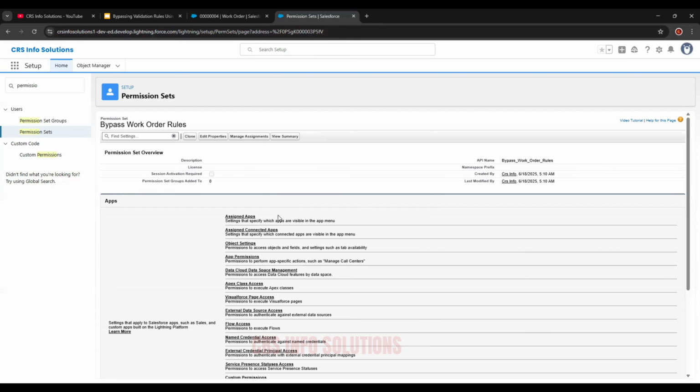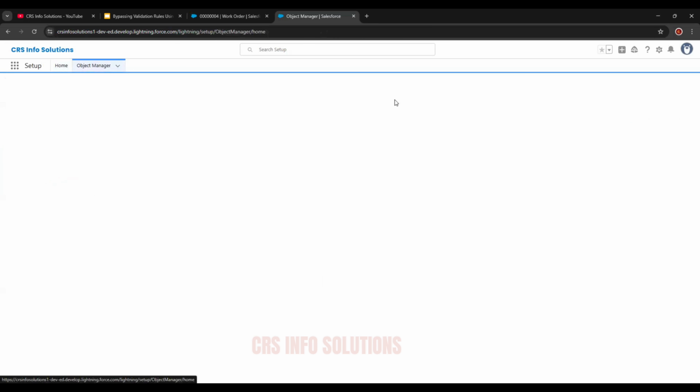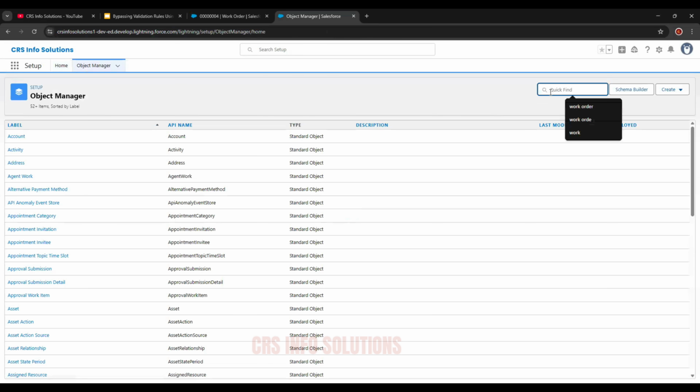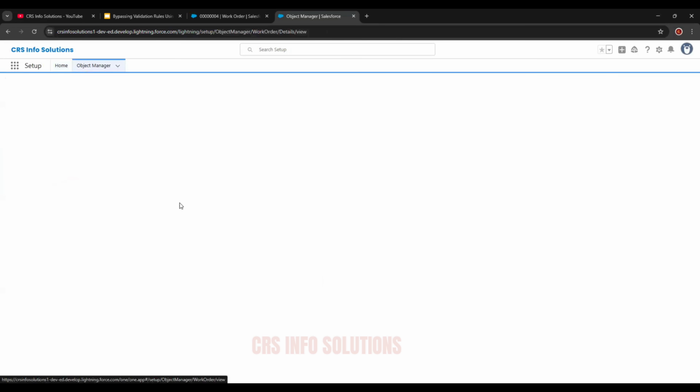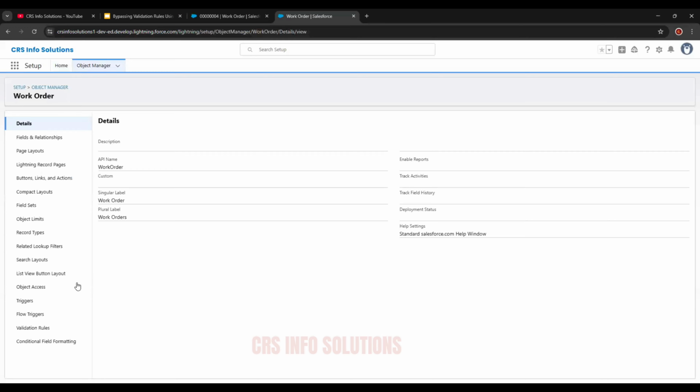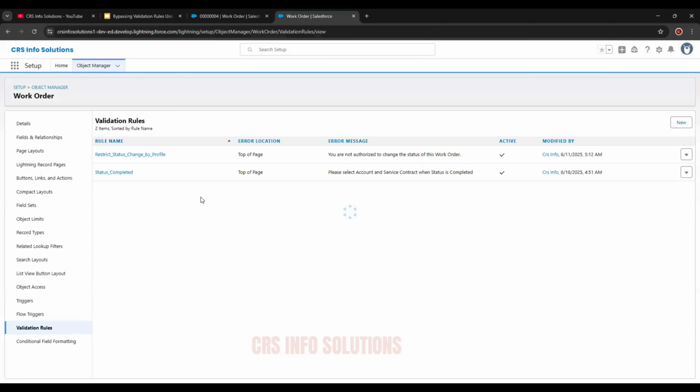Now the final thing which we need to do is to update our validation rule. So we have that validation rule on the work order object. We go to the work order object and look for that existing validation rule, that is status completed.